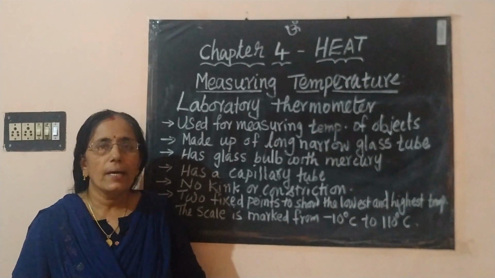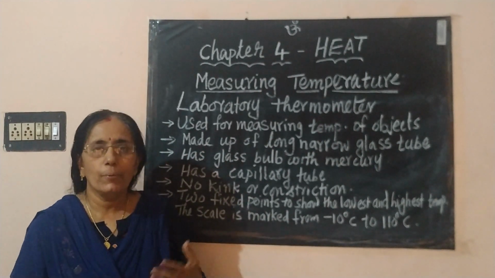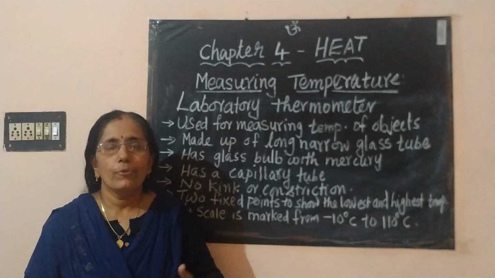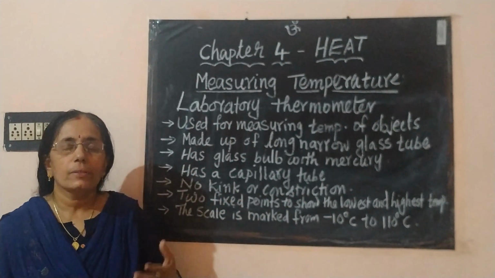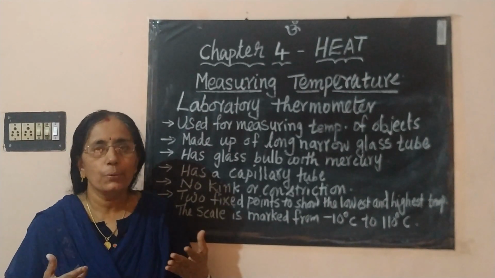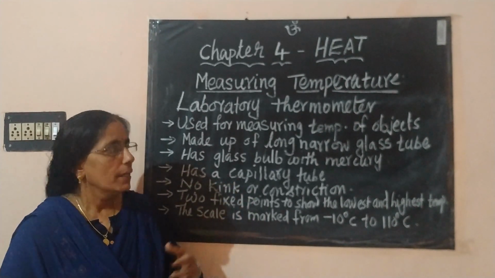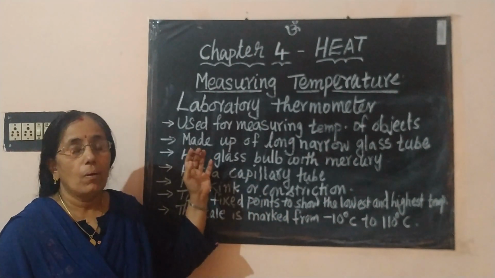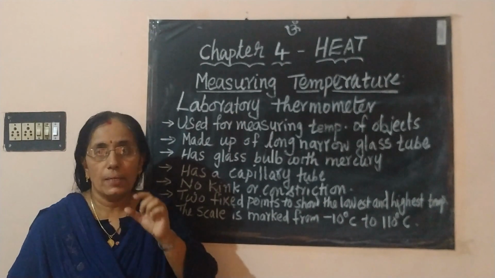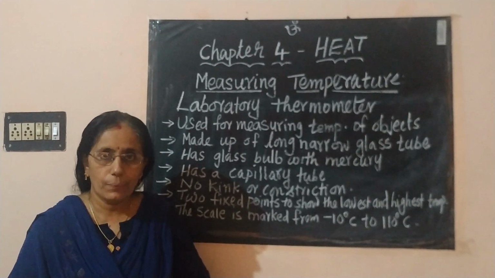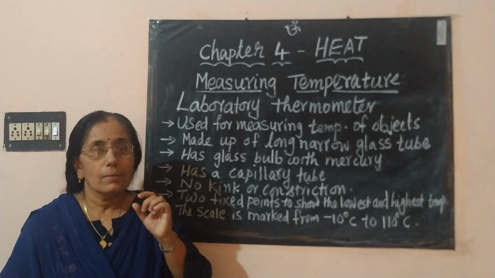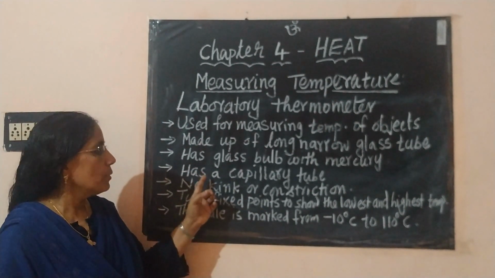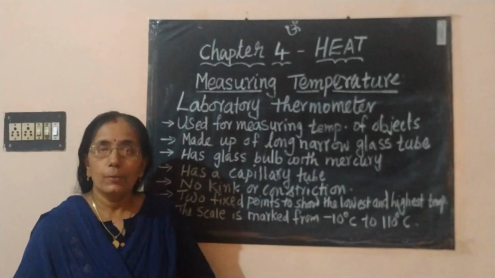So students, the last topic of today's session is laboratory thermometer. A laboratory thermometer is used for measuring the room temperature or the temperature of the objects which are used in an experiment. It is made up of a long narrow glass tube. It also has a glass bulb which is filled with mercury. Here also thin glass tube is used for making the bulb. It also has a capillary tube,